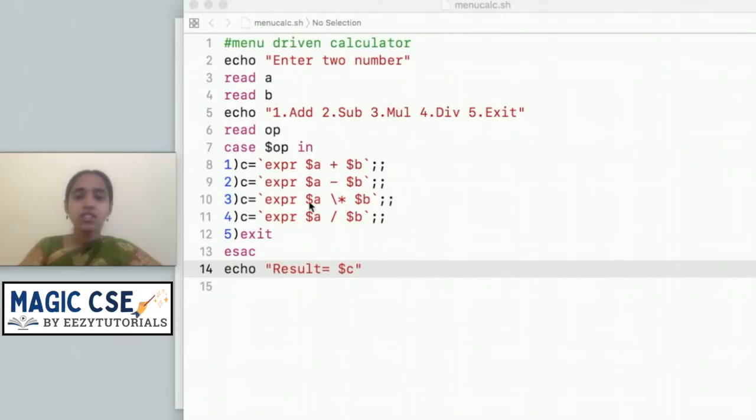Likewise, whatever option I pick, the case statement will be executed based on that option, and one of the patterns will be matched. If I give 1, pattern 1 is matched and this line alone is executed, the break statement works, and at the end the result is printed correctly. This is how the switch case statement works. In the next lecture we will be seeing about loops. Thank you.